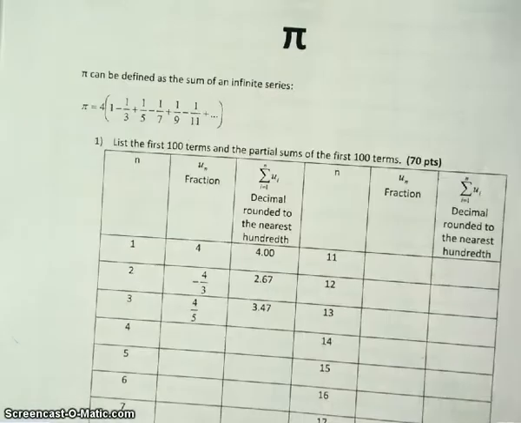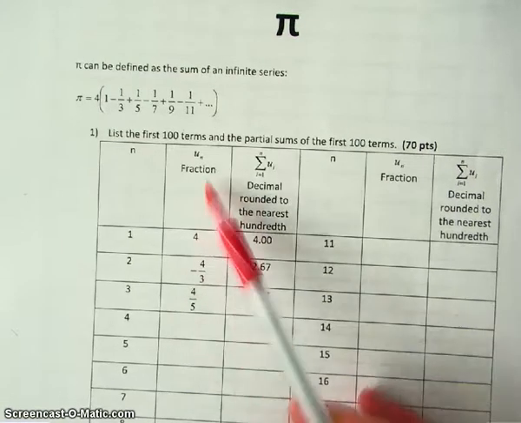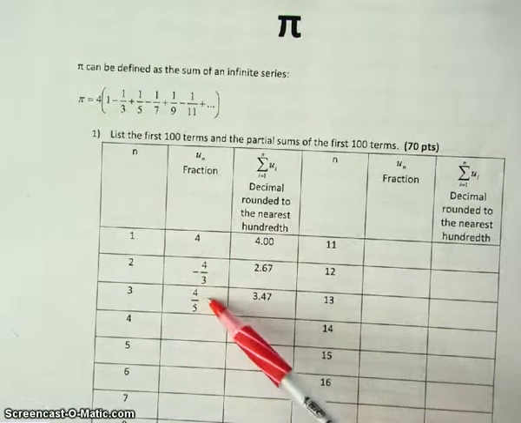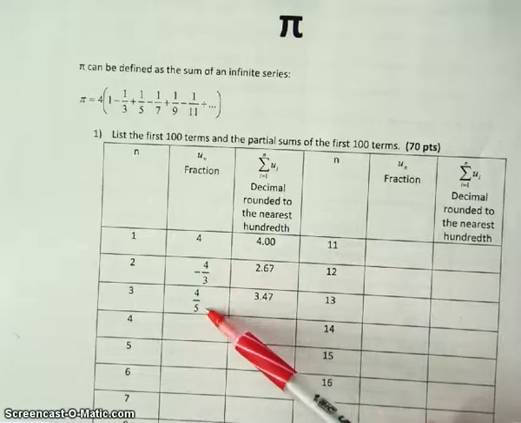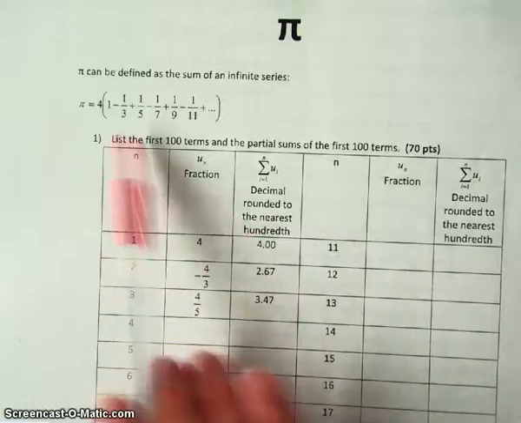And so I'm going to guide you through a little bit about what it looks like when you add these up. First of all, let me just focus on the u sub n column here. This is neither arithmetic nor geometric. All right, here is